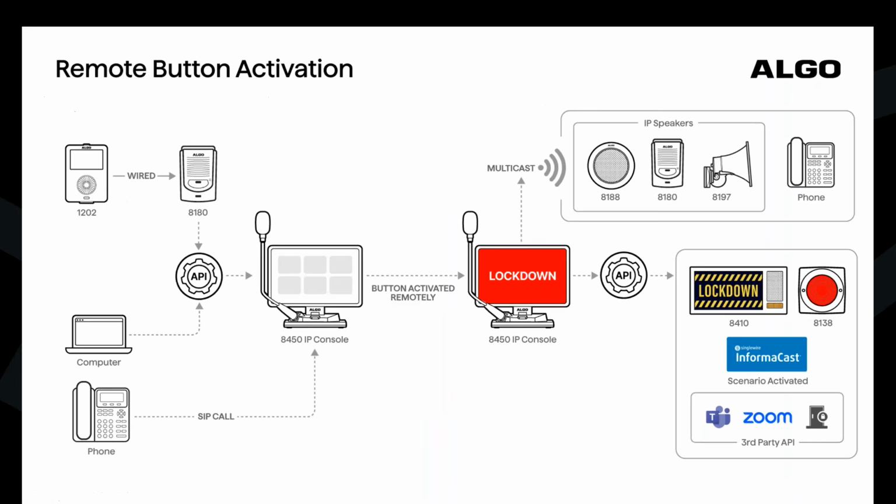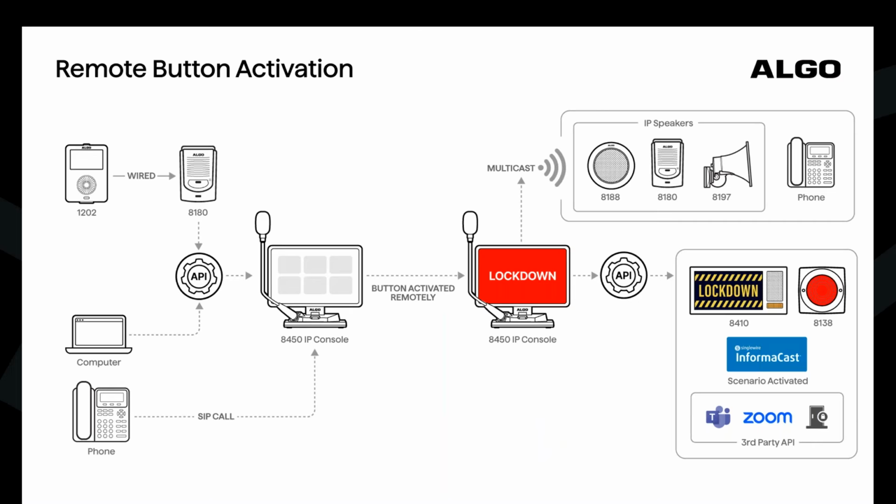When we look at the workflows as a whole, the really cool things you can do, the 8450 also allows for remote button activation. So I'm sitting down at my desk, yes, I can go over it, I can press the button, I can do that. But using a wired button to another device like our 8180, if you see on the left side of this screen, you could trigger an API request to trigger that button. You could use a computer to use an API request to have something set up on it, trigger that button remotely. You could use a phone and a SIP call to, again, have all of these options built in